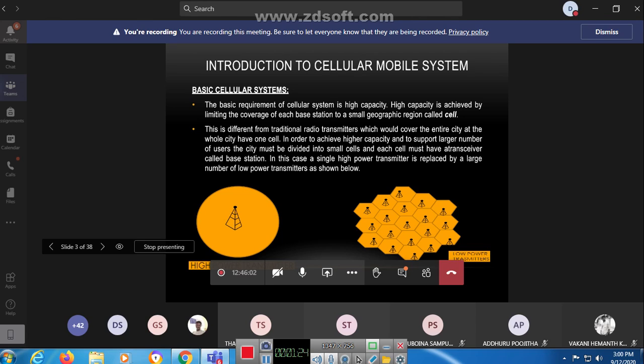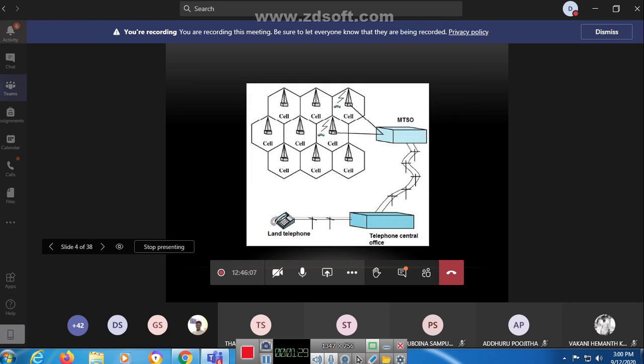Suppose, for example, we take the longest distance. For that case we take this communication process, where longer distances are involved, and this is one network. This network we call the cell network. How do we define this cell network? When two or more cells are connected to each other in a single network, we call that a mobile network or cell network.